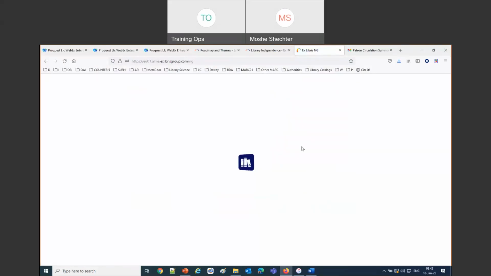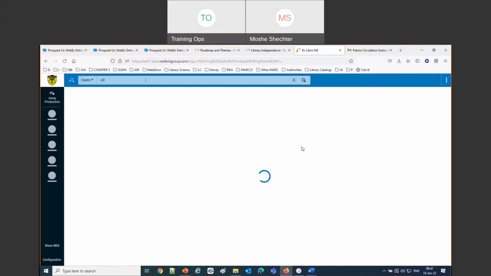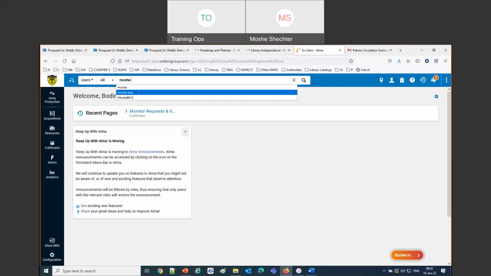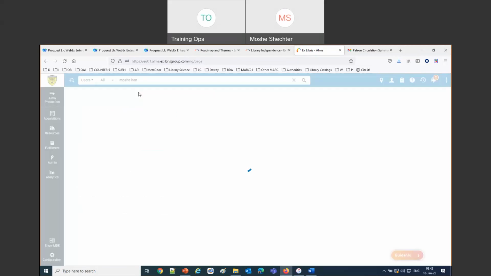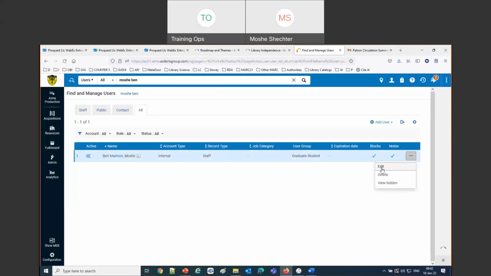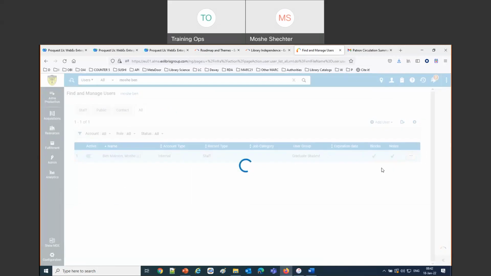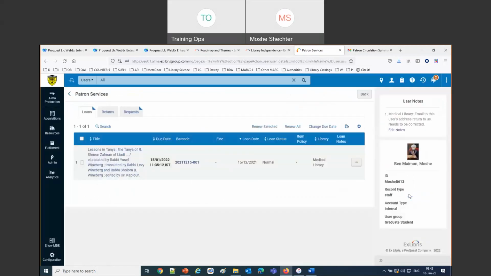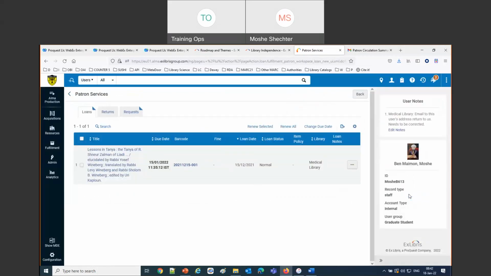Now let's see what's going to happen with him. Jethro Bodine comes along and also looks at Moshe ben Maimon and also goes to the manage fulfillment activities, and only sees the medical library.